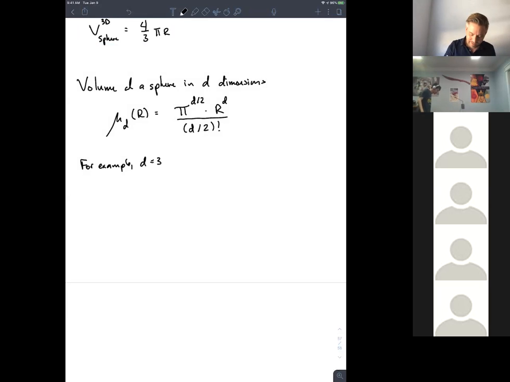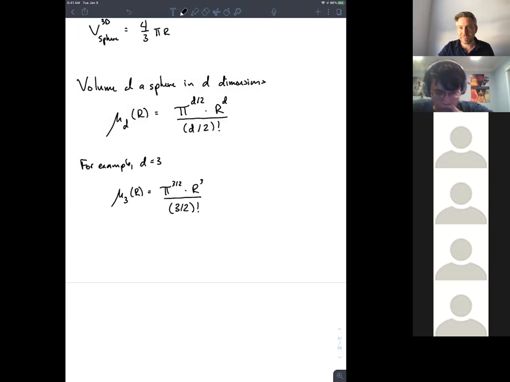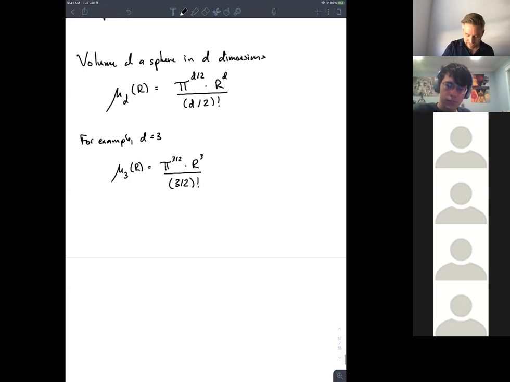All right, we get mu 3 with a given radius is equal to pi to the 3/2 times r cubed divided by 3/2 factorial. What the? How do you take the factorial of a non-integer? All right, so it turns out you can calculate the factorial of non-integers using something referred to as the gamma function. So using the gamma function,